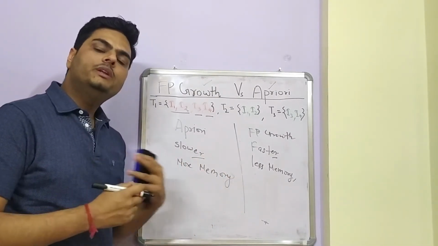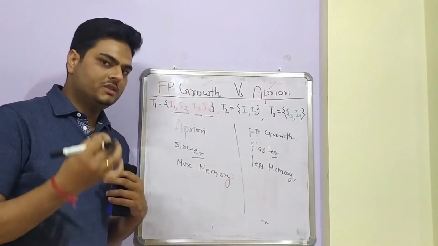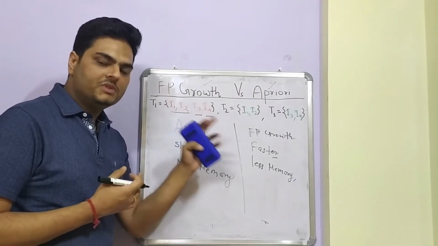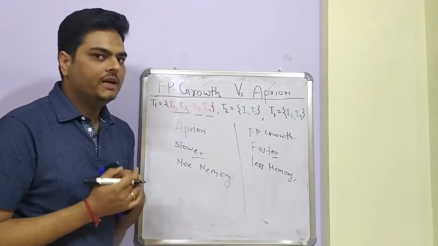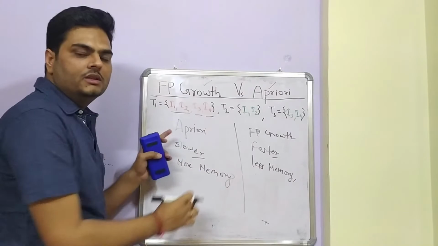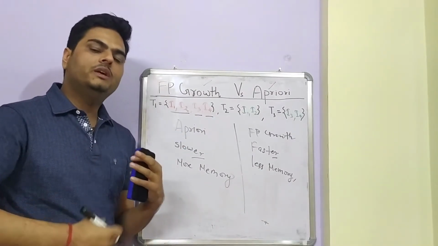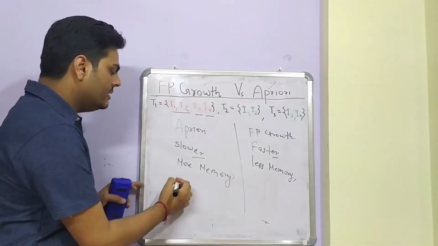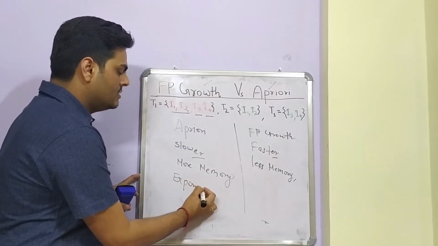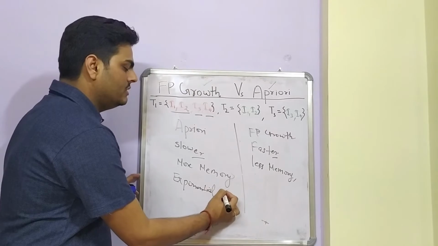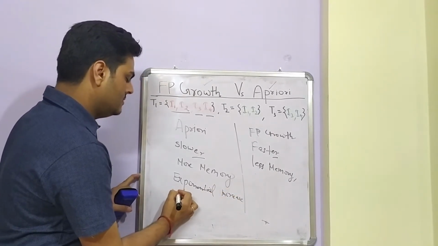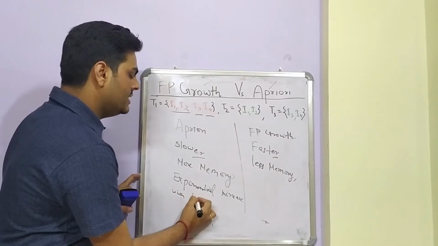And as you increase the size of your data set, which means here I am talking about 4 items itself. Let us say you have 40 items. Then what will happen is, in this case, the speed or the cost will increase exponentially. Okay. So exponential increase in cost with increase in item.